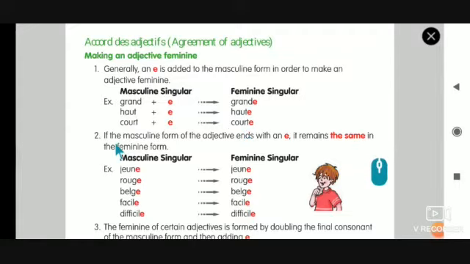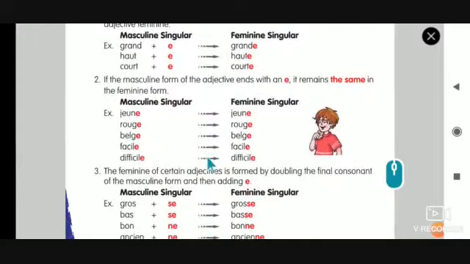Rule number 2. If the masculine form of the adjective ends with an E, it remains the same in the feminine form. This is very simple. In case the word itself has an E, don't make any change in the feminine. Example, jeune, jeune. No change in pronunciation or spelling.